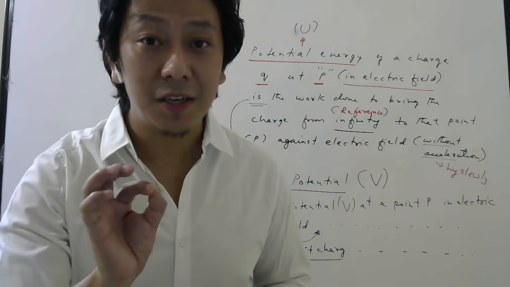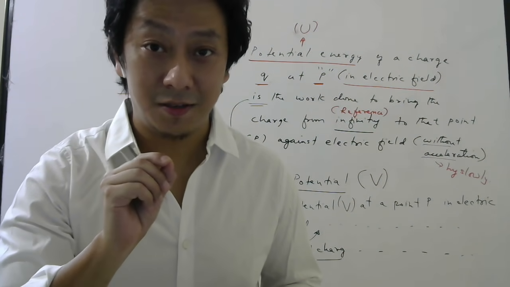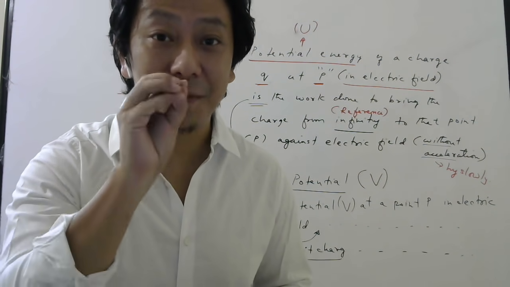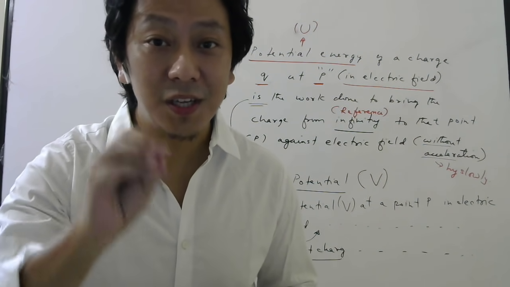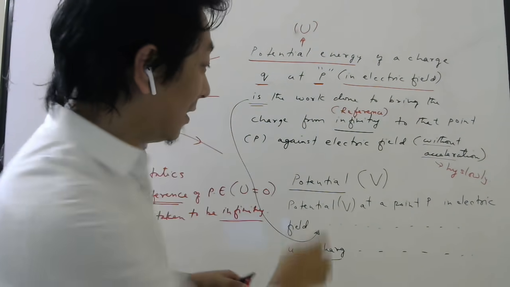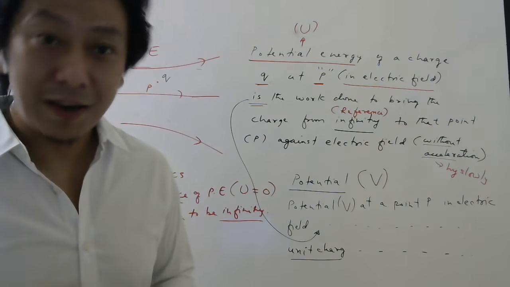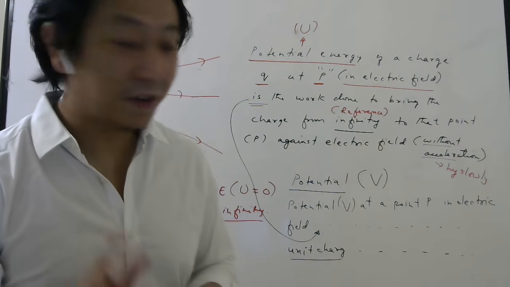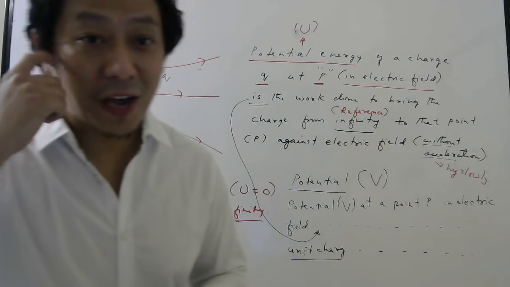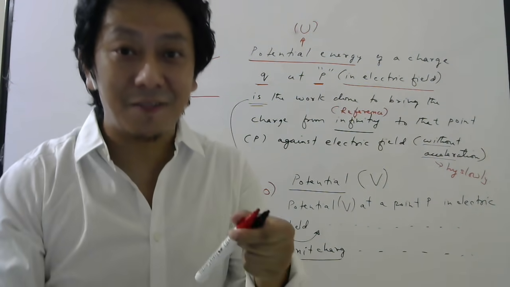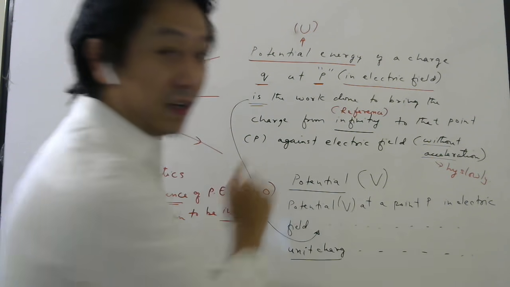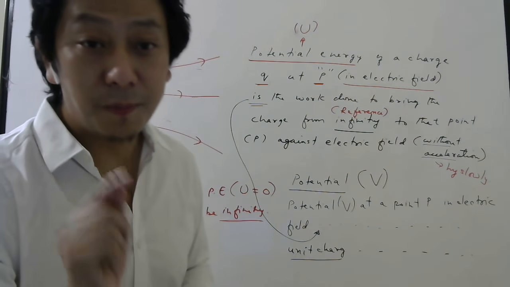Potential energy is always for some charge at some point. So the potential energy of a charge at some point is the work done to bring the charge from infinity to that point against the electric field, and without any acceleration you have to mention. Whatever work is done, by whom? By the external force. Remember in the last video I said Pankaj sir has to do work against gravity. Understood?